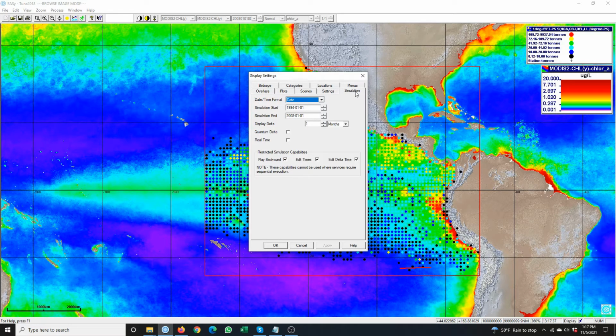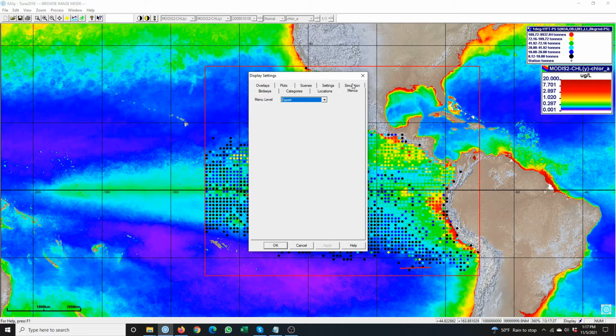Here we can also change the display delta of the simulation time. As our fisheries catch data is on a monthly time scale, we will leave the display delta set to months. Other noteworthy tabs in the Display Settings menu include Menus, which allows the user to change the amount of visible